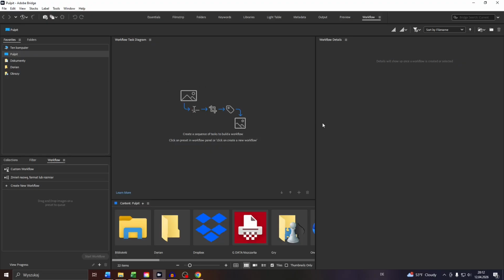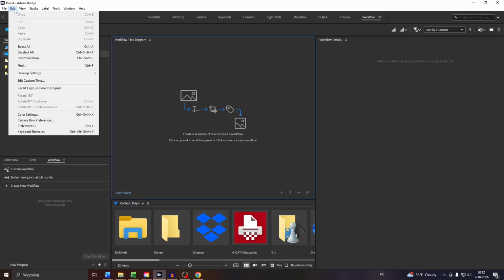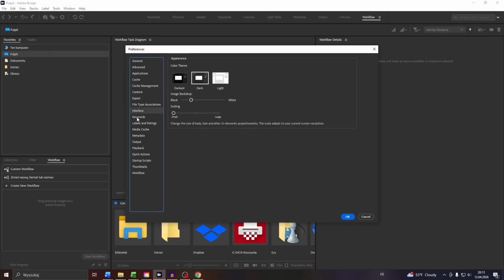So let's assume, guys, you would like to make Adobe Bridge on your desktop computer clear the cache folder, let's say every week, 30 days, 90 days, and so on and so forth. You can do this via your account settings by clicking into Edit in the top left, by selecting Preferences here. And what you want to do next is navigate to